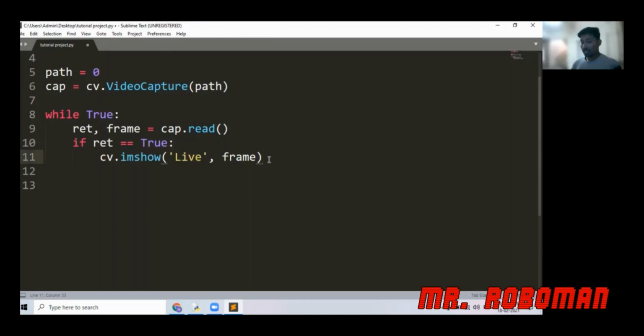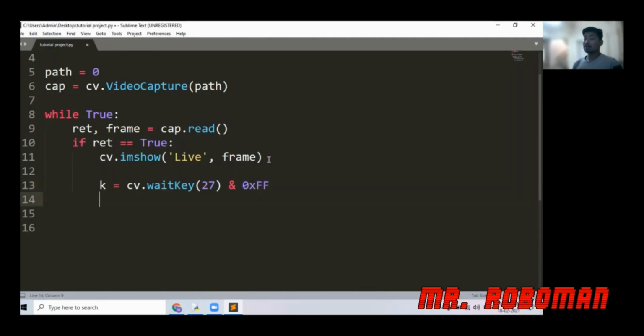But to prevent an overlapping factor, I need to use a k variable. I have to use the waitKey command to prevent the overlapping. Let's say waitKey of, say, 27, that means if you press ESC, this code will be automatically terminated.